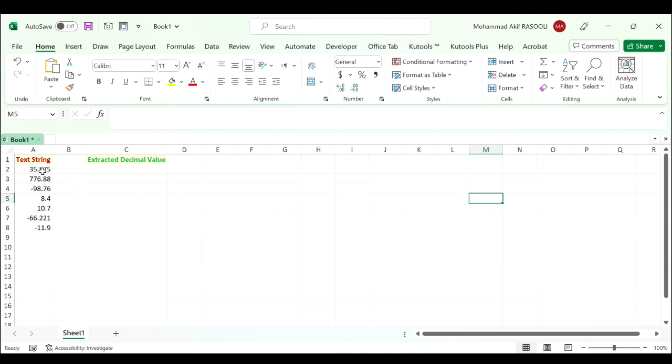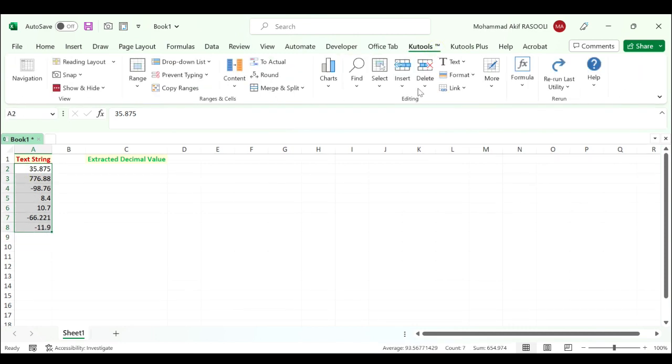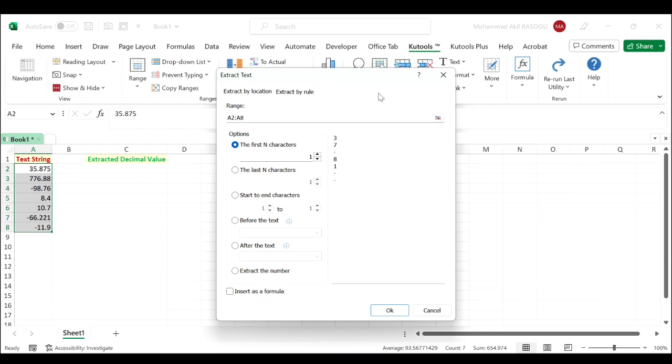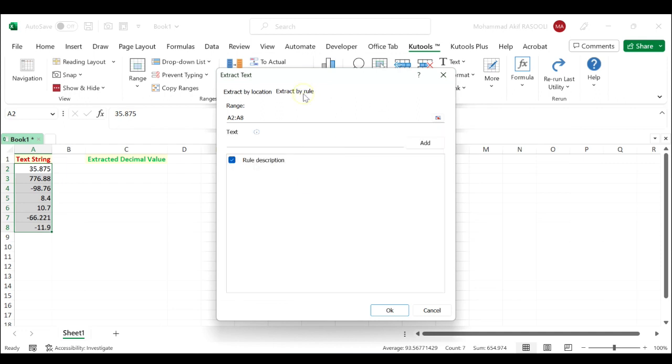Select the range with decimals you want to extract. Click the Kutools tab. In the Editing group, click the Text drop-down list and select Extract Text. In the Extract Text dialog box, click the Extract by Rule tab, and in the text box, enter a dot and asterisk